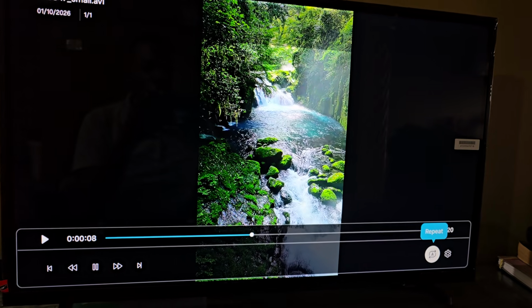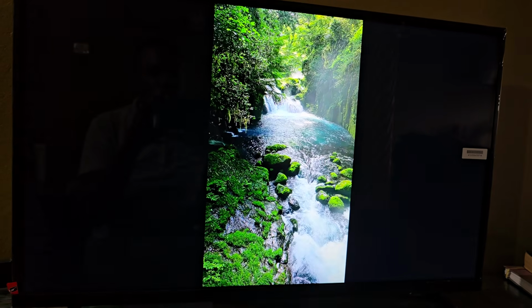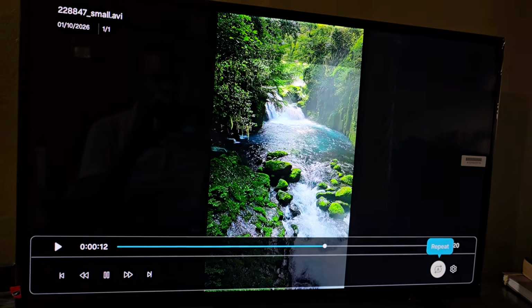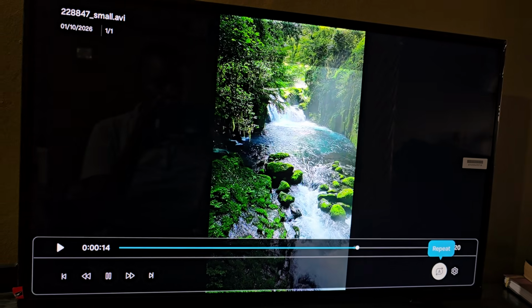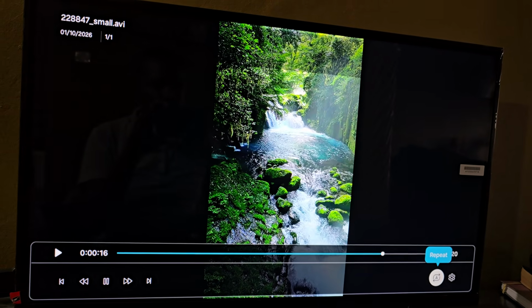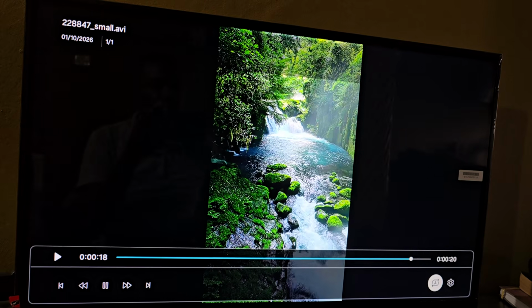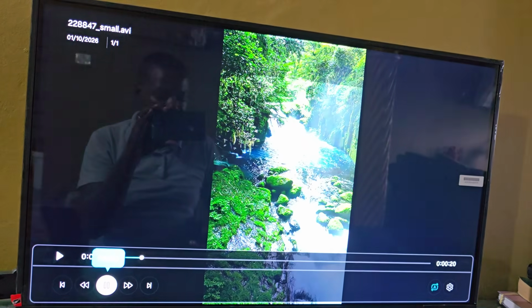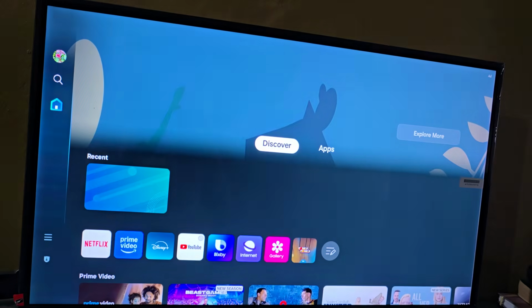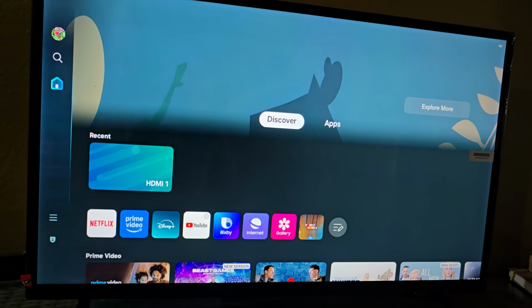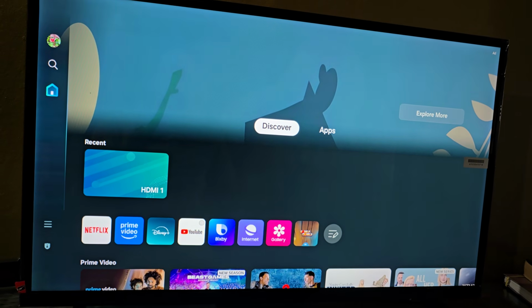Notice that it's still open. It's going to just simply play in the background. Let's pretend this is a movie or something. You'll notice it's playing and it's going to repeat. I've set it to repeat, so we know it will continue to play. I minimize, it's still playing, do not pause it. And if I go now